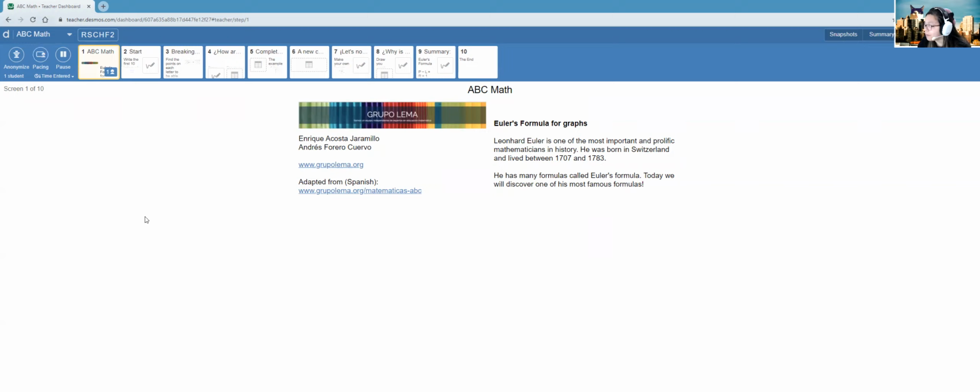With that being said, I believe that is essentially a quick tutorial on Desmos. Next time we will be discussing the actual activity and showing an example of how we would run it as a